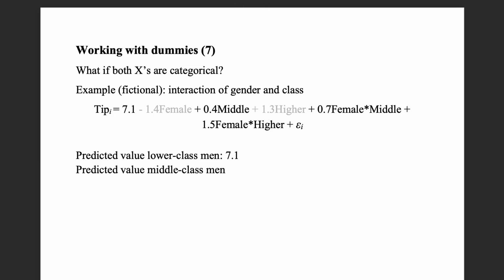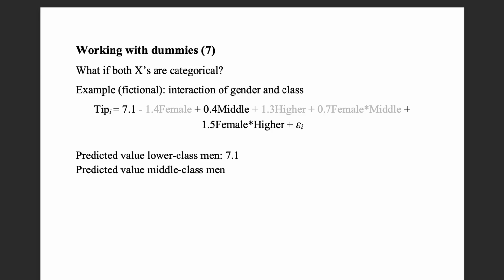So the higher class dummy would take the value 0 for them. So that part of the model would also be multiplied by 0 and can be dropped from the model. They are not female, so they score value 0 on the female dummy, which means also that interaction term, even though they are middle class, they get this 1 on middle class, but that's then multiplied by 0, so that also drops out